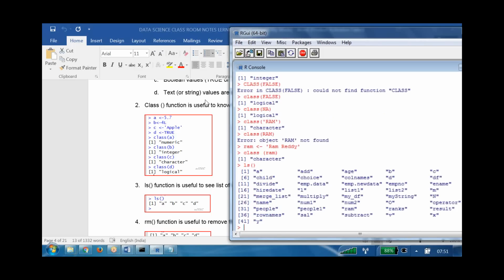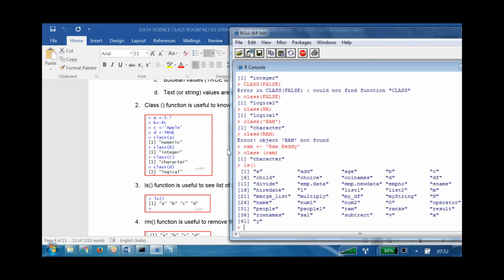These are the variables we have. It shows all of them because you created only A, B, C, D, but previous people already created something, and whatever we are saving, everything will come into the picture.